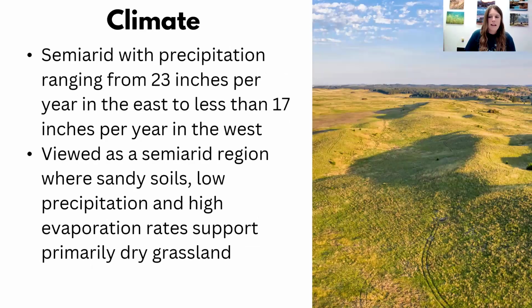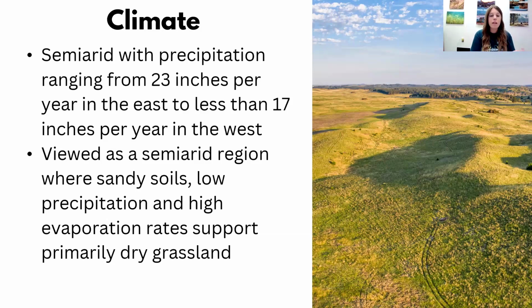All right, what's the climate look like? Considering it's western Nebraska, they get a little less precipitation than the eastern part. They get about 23 inches in the eastern side, closer to the Lincoln and Omaha area, with the deciduous forest and the tallgrass prairie. And then as you get more towards the western side of the Sandhills, they get about 17 inches of rain per year. This is an average in the west. The temperatures kind of vary. Very different within the last 10 years, but on average, the high is about 88 degrees Fahrenheit in midsummer, and they get lows on average of about 9 degrees Fahrenheit in the winter. So a very big range of temperatures.